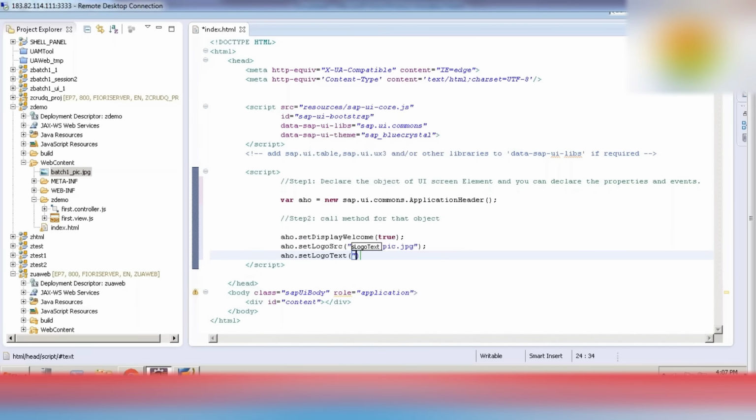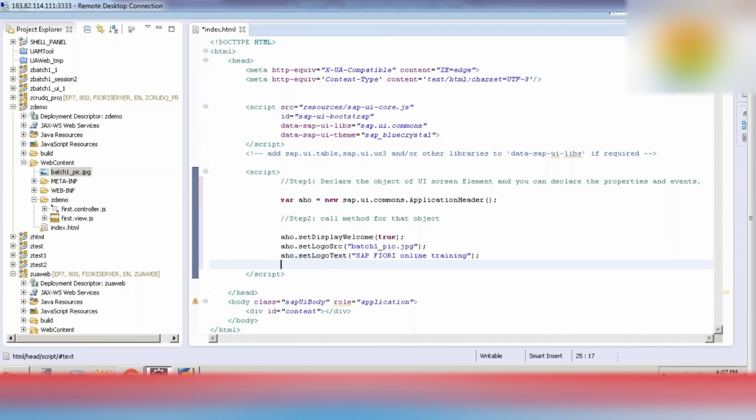set logo text. I can use some static or dynamic logo text as well: SAP Fiori online training. After each and every statement we have to use a semicolon, as we used dot above.